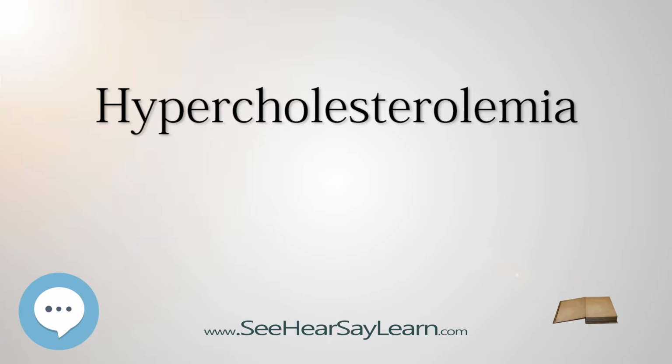other countries. In the United Kingdom, most European countries and Canada, millimoles per liter of blood, mmol/l, is the measure. For healthy adults, the UK National Health Service recommends upper limits of total cholesterol of 5 mmol/l, and low-density lipoprotein cholesterol, LDL, of 3 mmol/l. For people at high risk of cardiovascular disease, the recommended limit for total cholesterol is 4 mmol/l, and 2 mmol/l